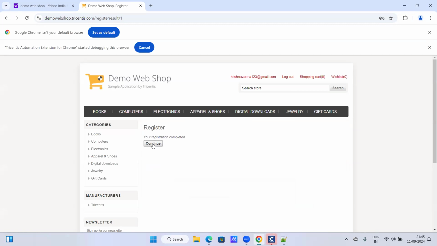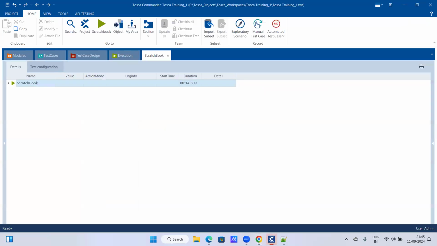Now, when do we use a verify action mode? And how do we verify this control? Once you completed the register process, it is showing a success message. Yes, a success message, correct. Your registration completed. This is a notification saying that registration is completed, so people will understand, right? So I want to verify this content and I want to click on the continue button. That's why I'm going to